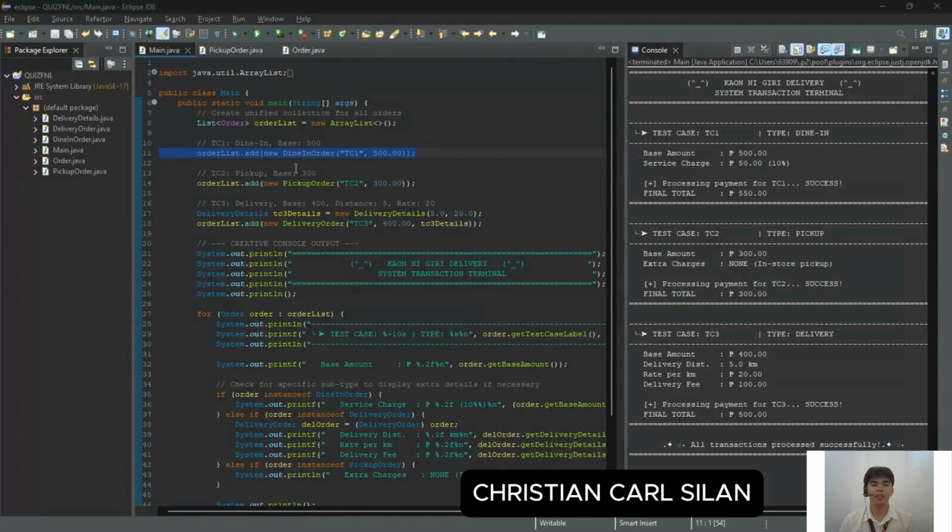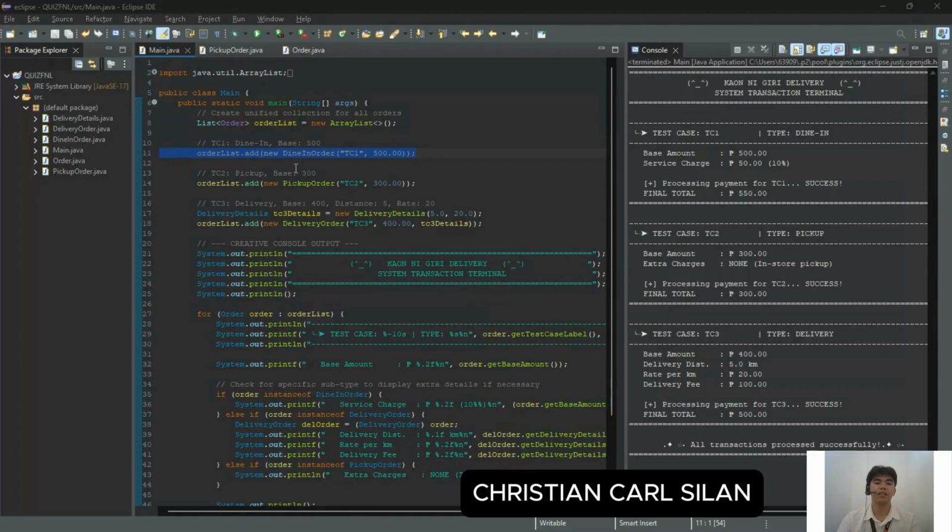We have a short overview. The terminal displays three distinct test cases: the TC1, TC2, and the TC3. This demonstrates the system's ability to store and process diverse order types in a single collection. Each order follows a consistent unified workflow, beginning with the transaction identification and ending with the standardized payment process confirmation.